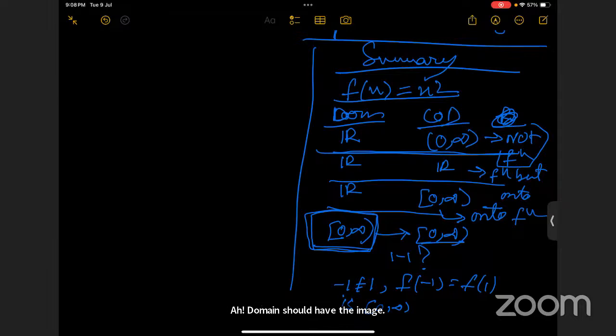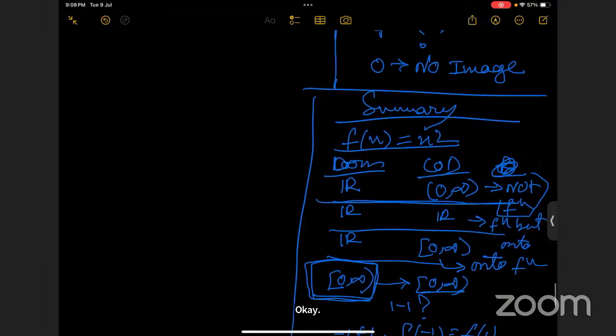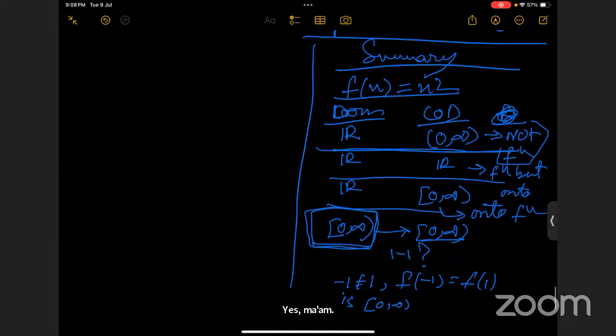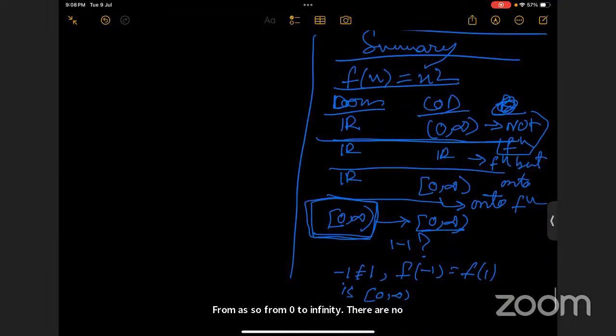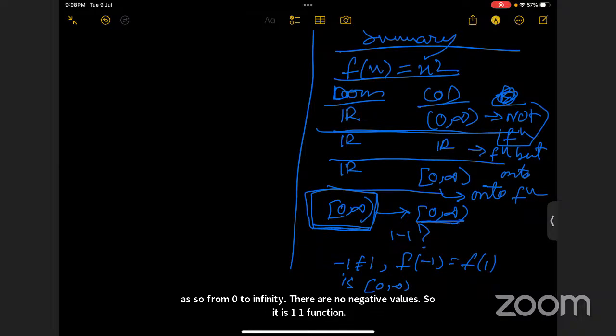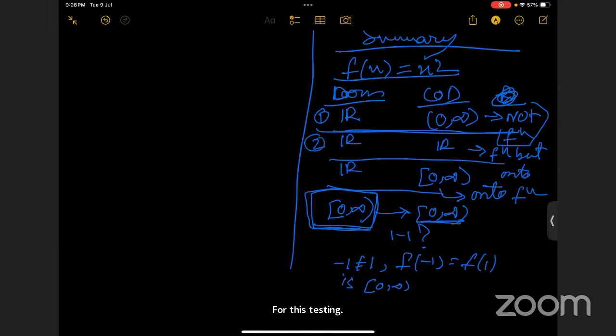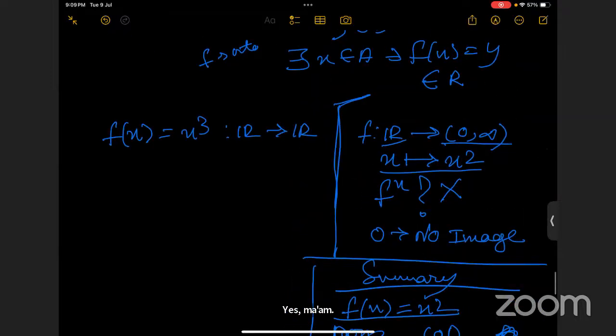Ma'am, as from 0 to infinity, there are no negative values, so it is a 1-1 function. Yes, for this case. The 4 cases are now clear to all of you, right? These are the 4 cases. So if we take this function,